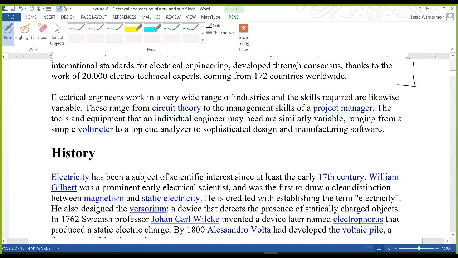Electrical engineers work in a very wide range of industries, and the skills required are very variable. As I think we have said in the past, you can become a power systems engineer and know very little about communication, or you can become a telecommunication engineer and know very little about power systems. That is what that statement says. These fields range from circuit theory to the management skills of a project manager, and the tools and equipment that an individual engineer may need are similarly variable, ranging from a simple voltmeter to a top-end spectrum analyzer, such that even sophisticated design and manufacturing